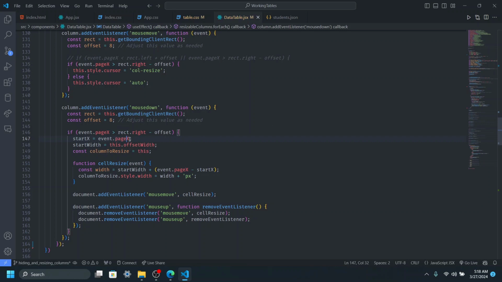So event.pageX, the start width is going to be this.offsetWidth. The offsetWidth property gives you the width of any HTML element. So this is going to give us the current width of that particular TD. Then we are setting columnToResize to be equal to this. So columnToResize is the column we want to resize, but this in this case is a TD